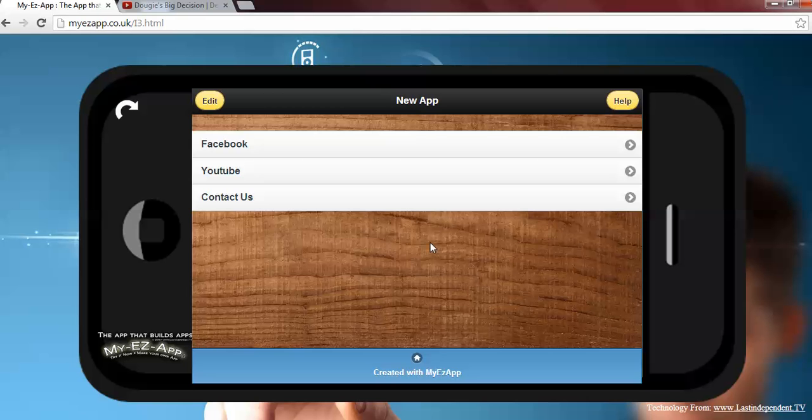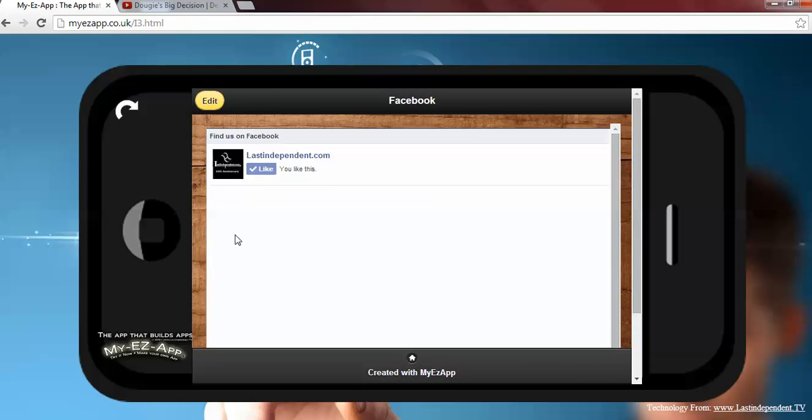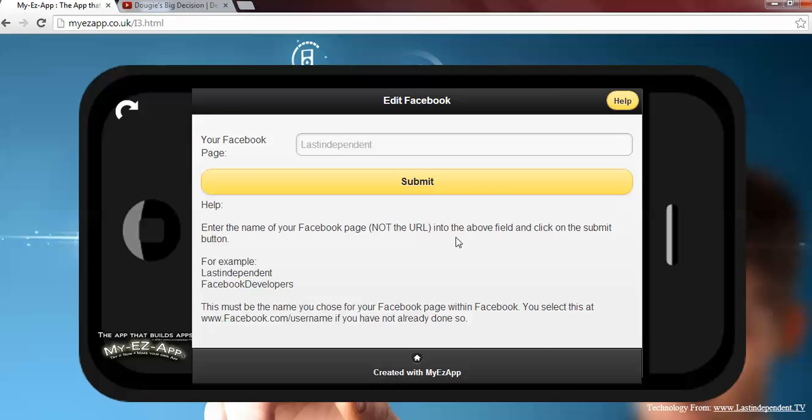So now we've got our 3 pages that we've chosen for our app. We need to customize them, and we do that just by going to each page. It'll bring up the default information that's still there, but we click edit, and now we can change the information that's on that page. There's also help here again, so if you do get stuck, you can just read the help information there. But for instance, I'm going to change the page now to one called Facebook Developers. Click submit,